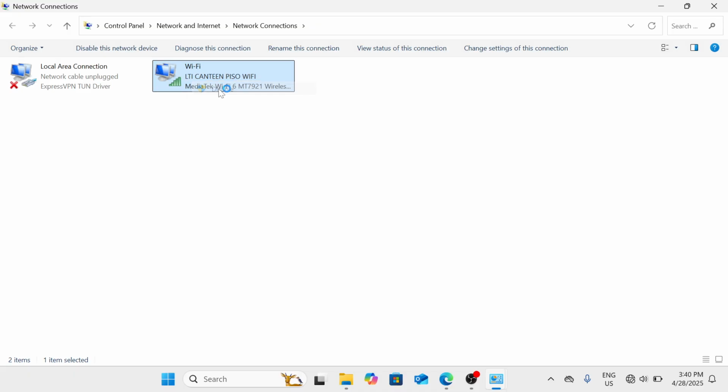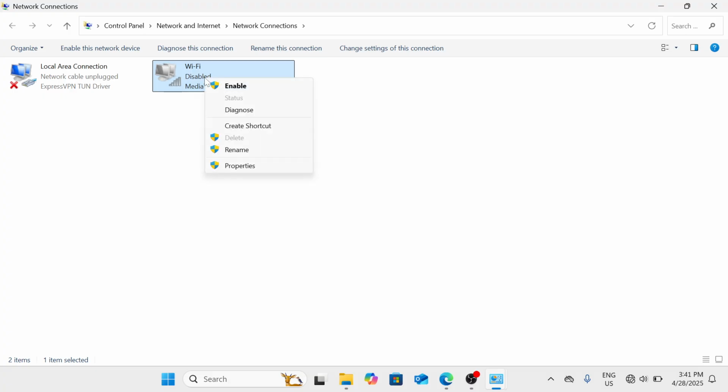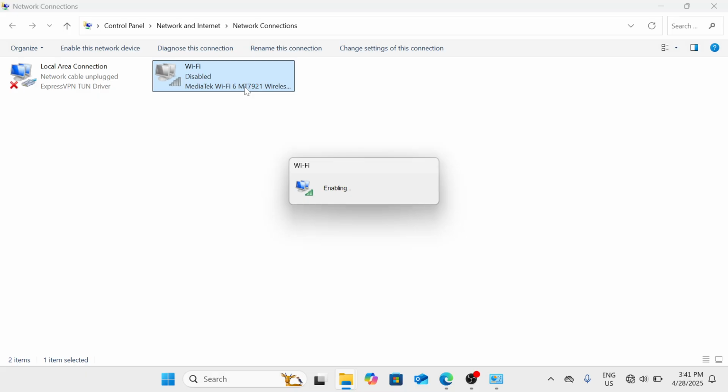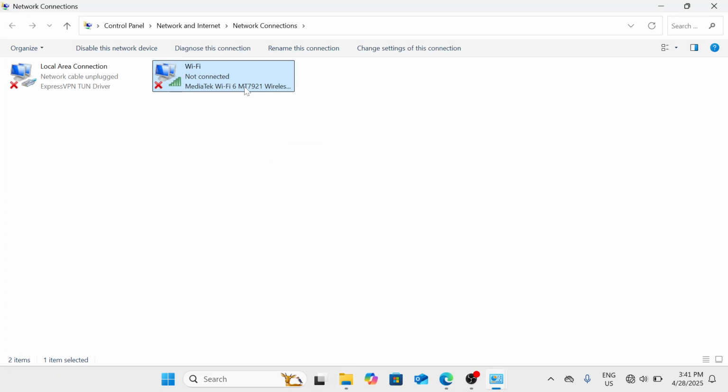So let me just quickly do that. So if you're seeing that this is disabled, or if it's grayed out, that means it's disabled. Now all you need to do is just to make a right click on that and then select this enable button for it to be enabled, and then just wait for the enabling process to be done. And so once the network connection is already enabled, we can now move on with the next step, which is to